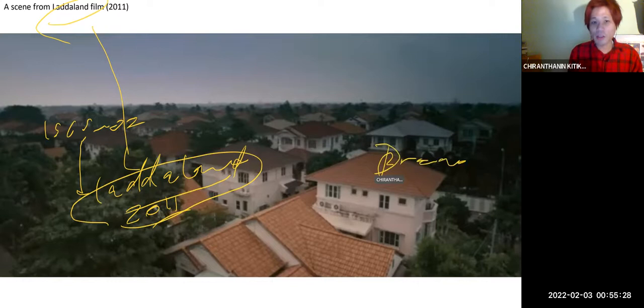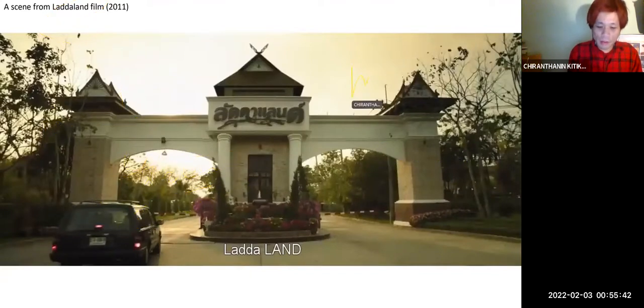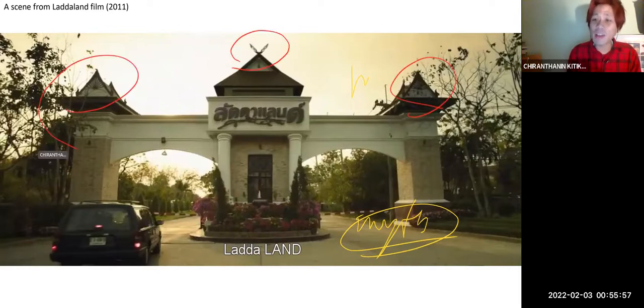With the class, right? So this is the kind of good life that you have to take. You have to raise money, you have to graduate, you have to have a good job to gain money to live this kind of life. And this is the myth, the myth of the people from Bangkok or from other places. They want to live in Chiang Mai because Chiang Mai has a beautiful culture. And look at the creation of the gateway. They put some elements of Lanna architecture in it. This is a garden to represent that this is a beautiful land with the culture of Lanna. And this is a dream.